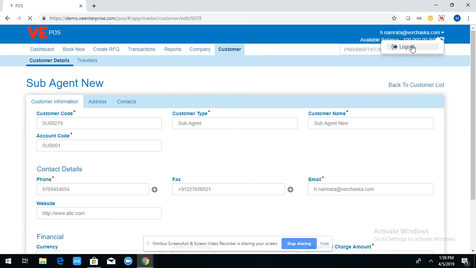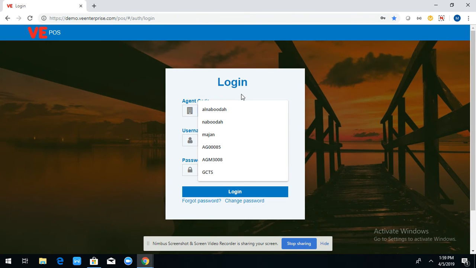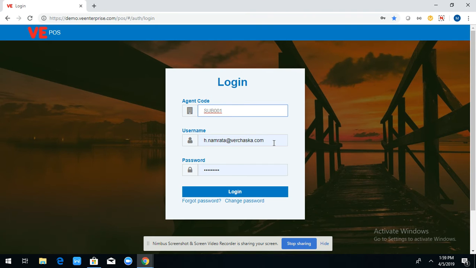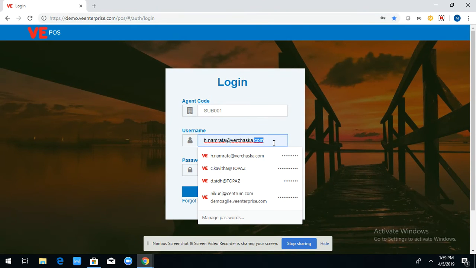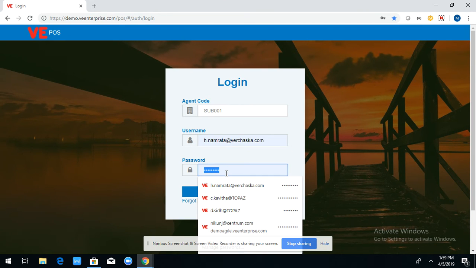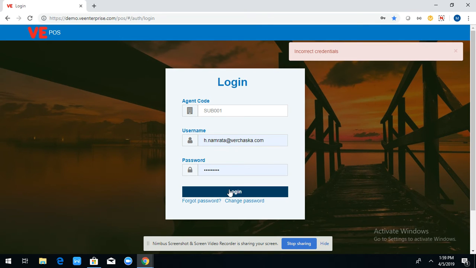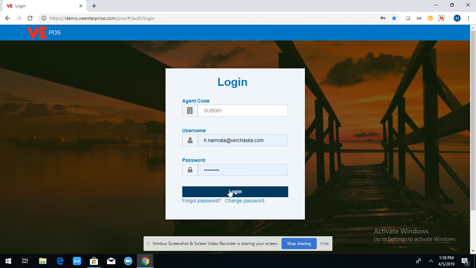I'm logging out of B2B, and to log in as the sub-agent which we just created, I will need the email ID. So this is the same email address. I copied it and I'm logging in as B2B2B.